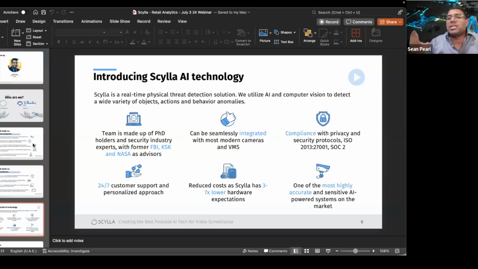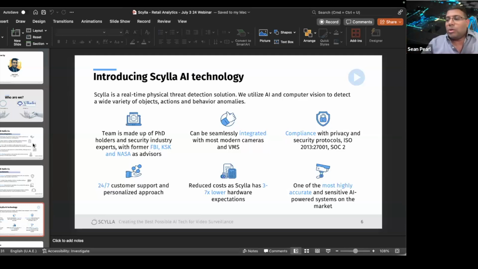So the camera doesn't just operate as a dumb device wherein you've got all of the recordings being done, pushed into some sort of a storage device. And then when certain incidents occur, you go back and you start searching what happened. So with these video analytics, you've got a system in place that is automated, that is basically going to generate all of the alerts for you instantly so that you can take action accordingly.